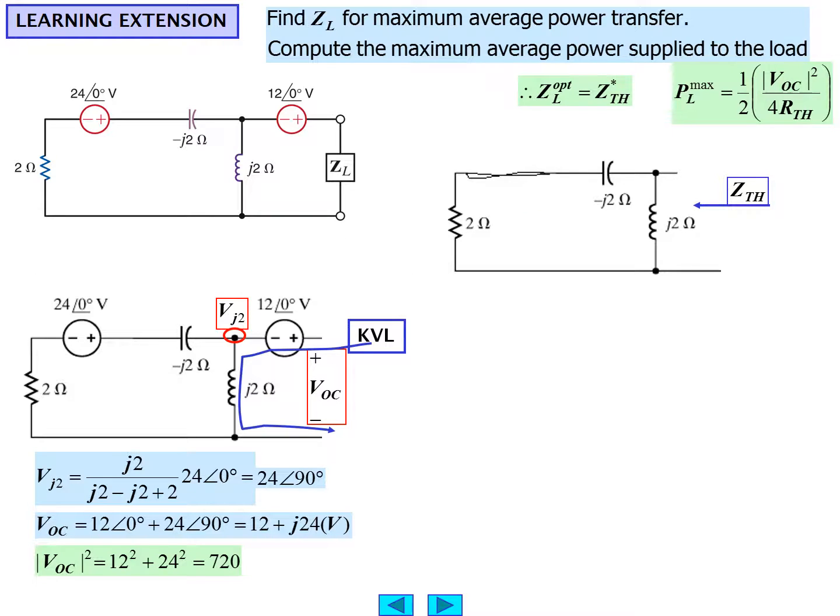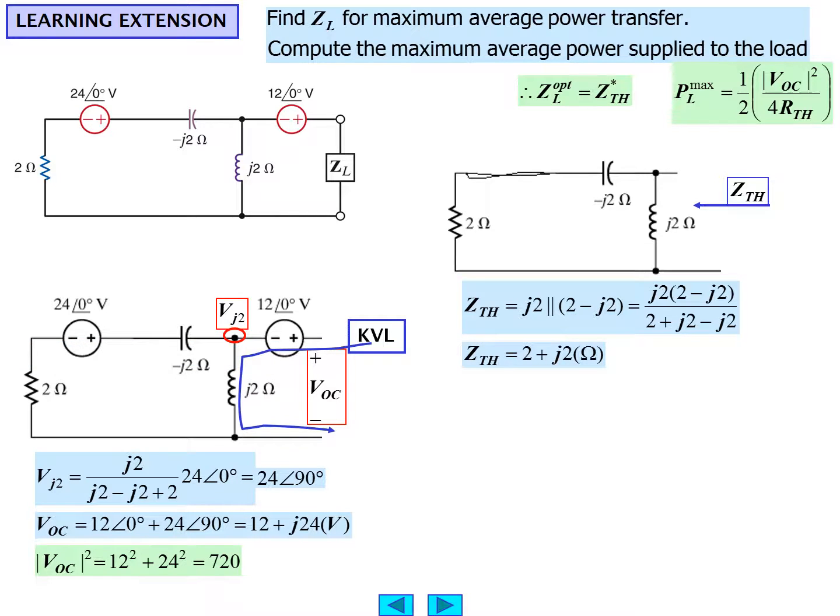Find ZTH: let the voltage sources go to 0. The 12 angle 0 doesn't matter because it's still open circuit, but it's a short, of course. And now we end up with this particular network, a 2 ohm resistor in series with minus J2, and then all in parallel with J2. So therefore we get the calculation as the product over the sum. We then straighten it out, and after calculation, again you should verify this,